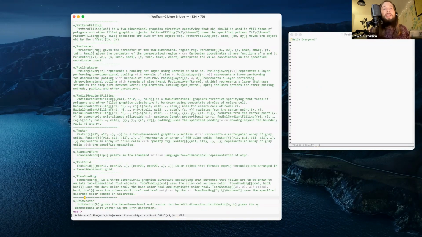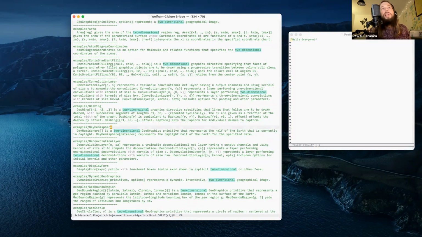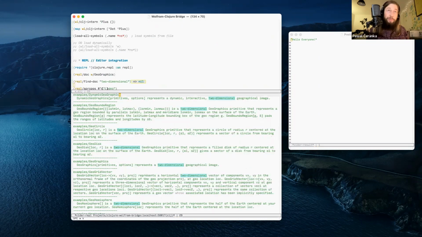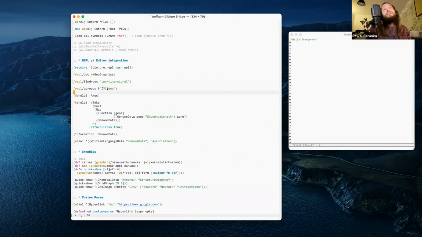I was searching for this string, 2-dimensional, and it goes through all the doc strings and searches, and maybe this way I can find the function I'm interested in.